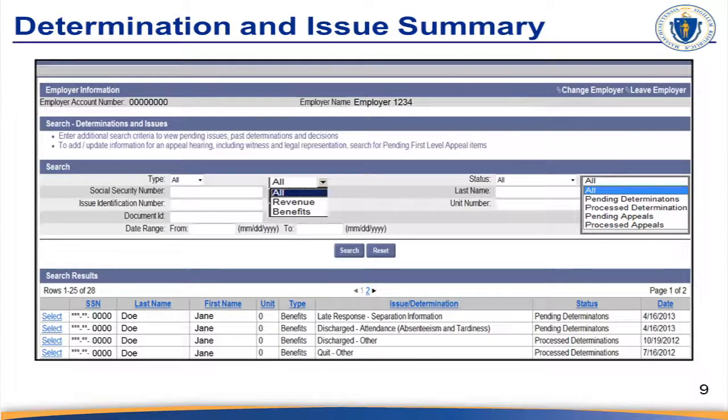The Determination and Issue Summary screen allows the employer to search for issues, determinations, and account notices. The default to search by type is All. For issues relating to the employer, select Revenue. For issues related to the claimant, select Benefits. You can narrow the results by selecting one of the following under Status: Pending Determinations, Processed Determinations, Pending Appeals, and